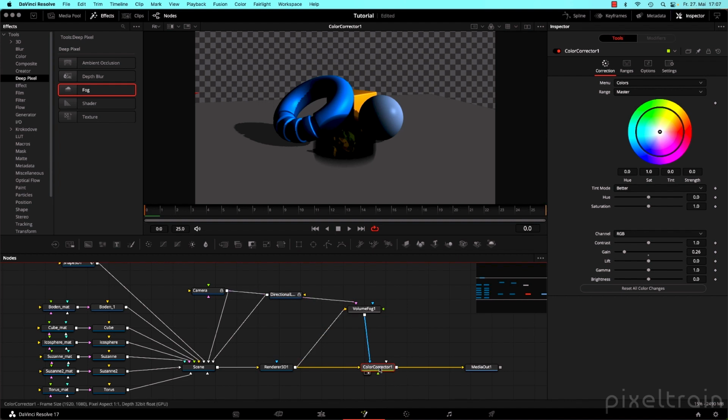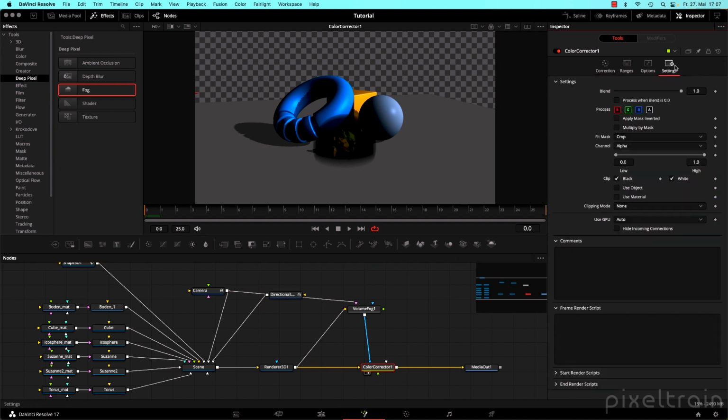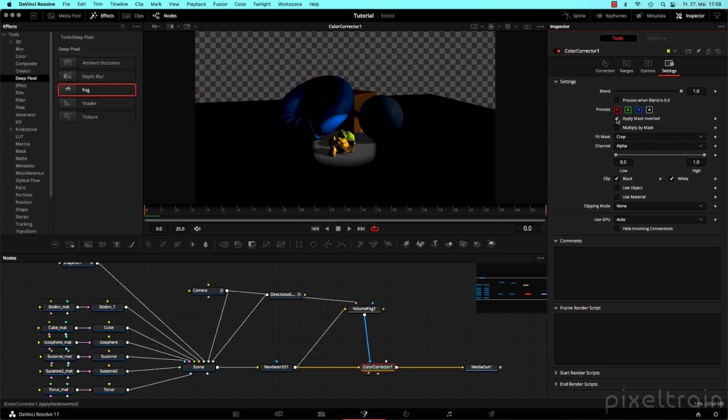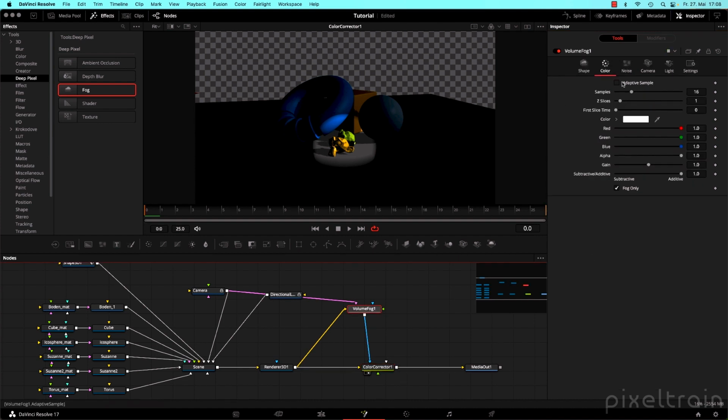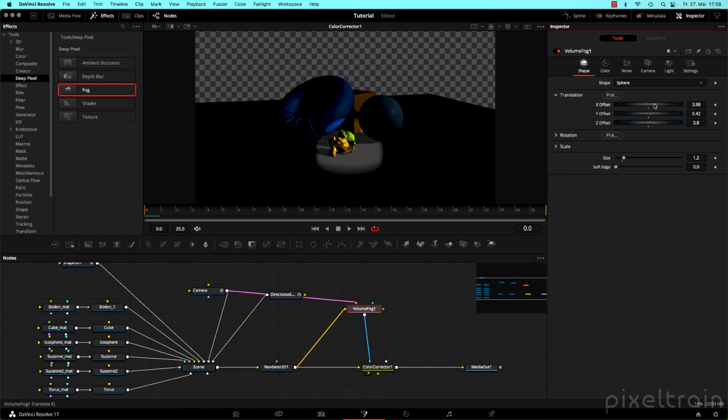But what we want is, we want to have everything dark, but this area. So to do that, we have to invert the mask here. And you can really easily do that if you go here to the settings of the color corrector and say here that you want to apply the masks not in the right way, but in the inverted way. And now we have here this light source, which we can now place around here with this thingy here, and